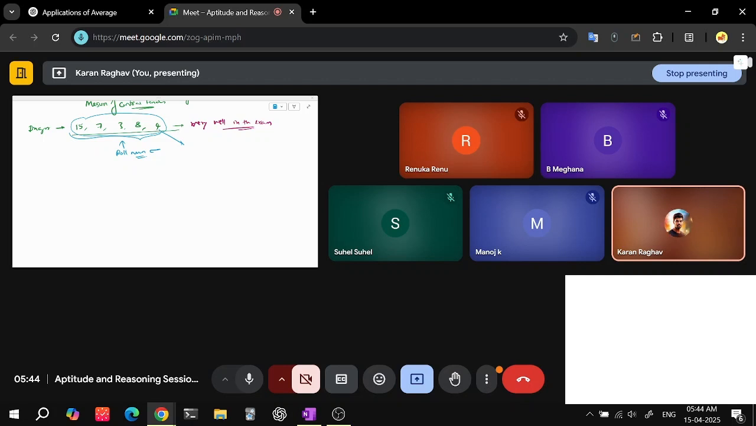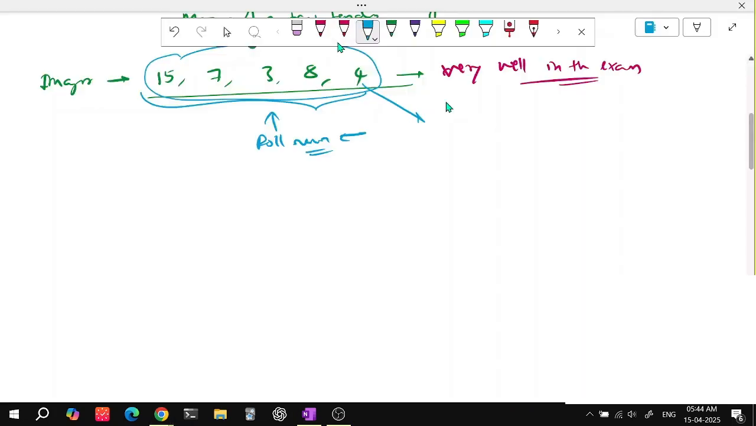Anybody? I hope I am very clear that these particular roll numbers who have done very well in the exam, and finding their average will not fetch us any useful information. So you should understand that any average that you are finding should have some useful use case. Okay, so